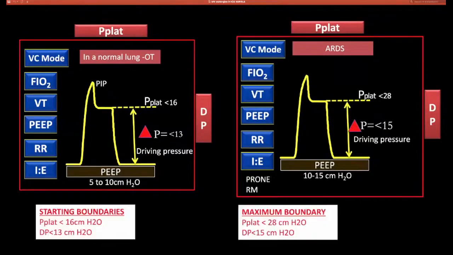So the starting boundary and the maximum boundary. In an ARDS patient in an ICU, you may start with this, but in an intraoperative situation, most of the times when the patient suddenly deteriorates, we may be looking at a maximum boundary. So now that we have understood the tidal volume has to be less, and we understand the boundaries and the pressures to look at, this is all that you have to understand to provide safety in the acute phase of